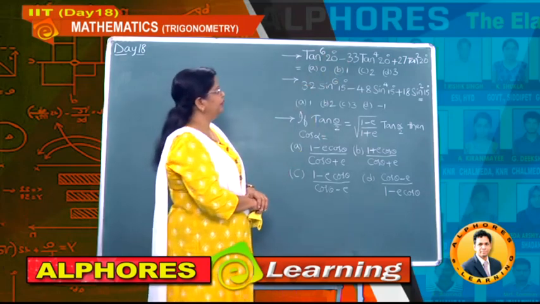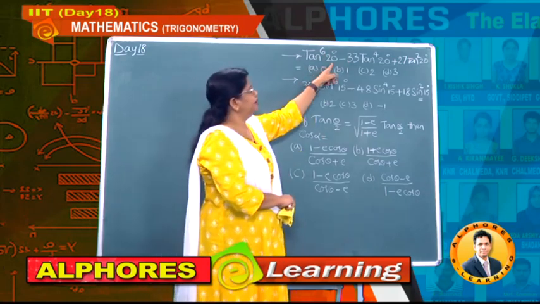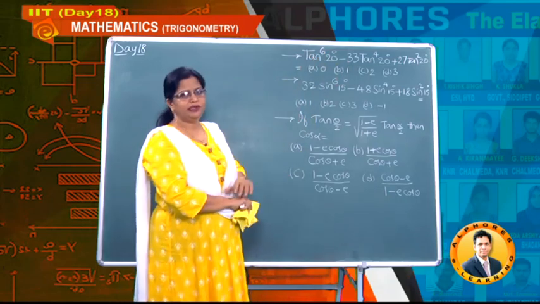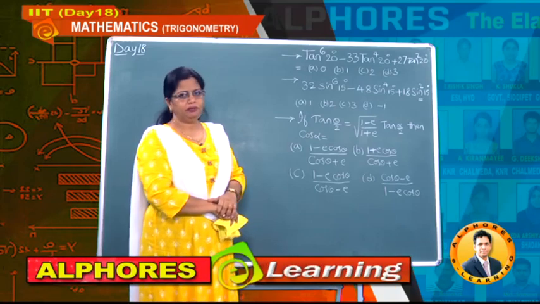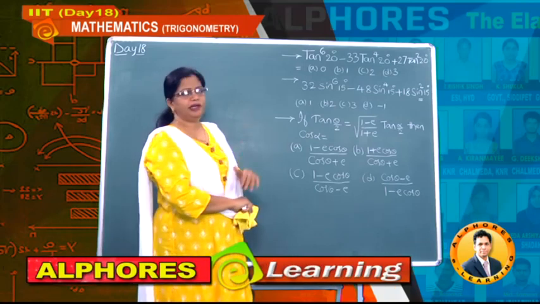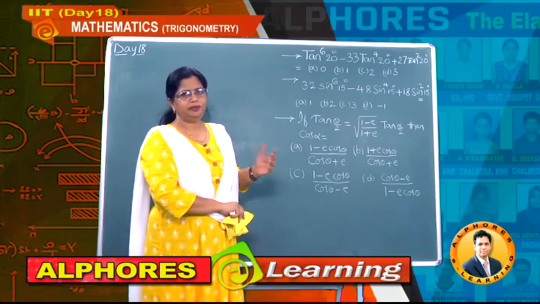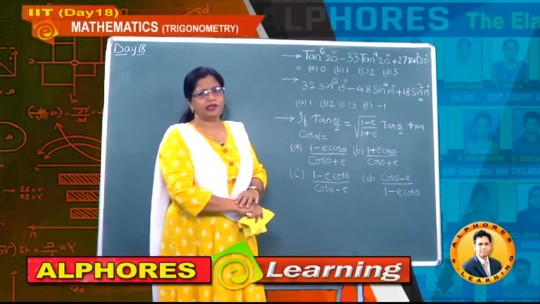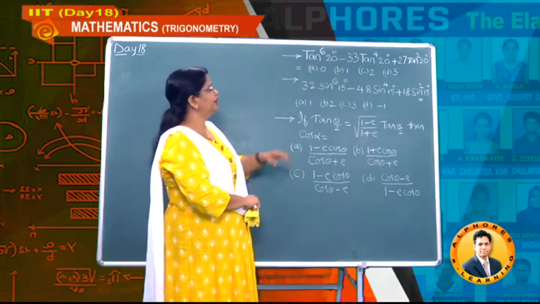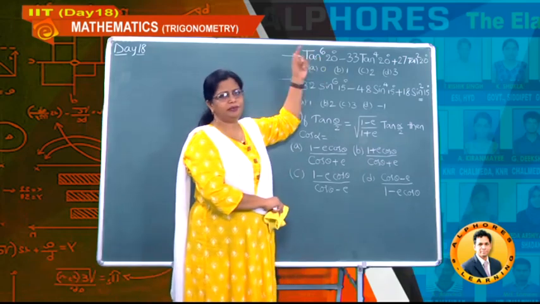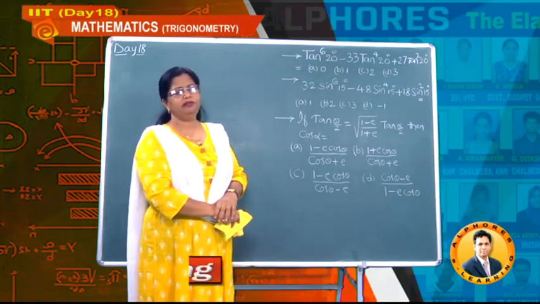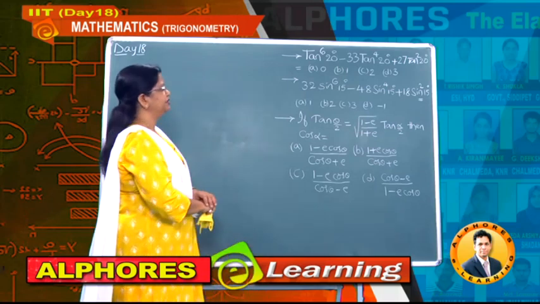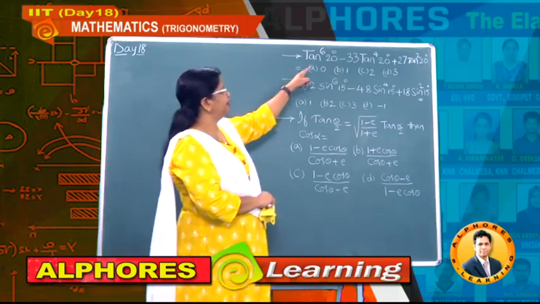Whenever a problem is given with the same angle but the power is 6, one of the concepts is nothing but the 3 theta formulae. Because there you can find cube values, and if you square both the sides, then immediately you can obtain a power 6 kind of value. So in any problem, if you observe a power 6 value, the first observation has to be whether the 3 theta formula is applicable or not.